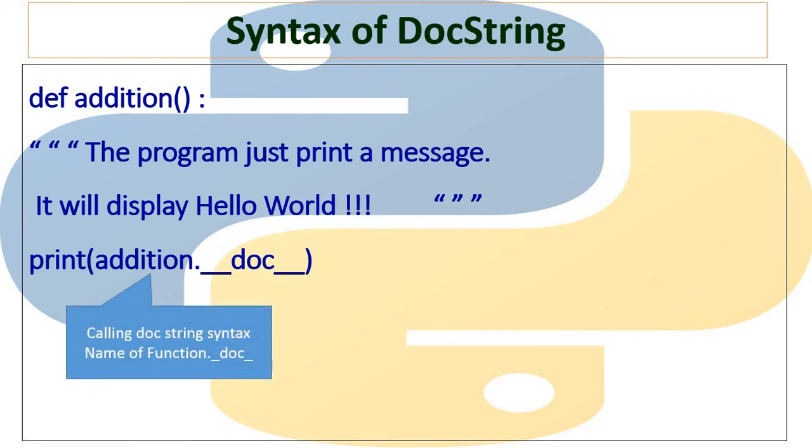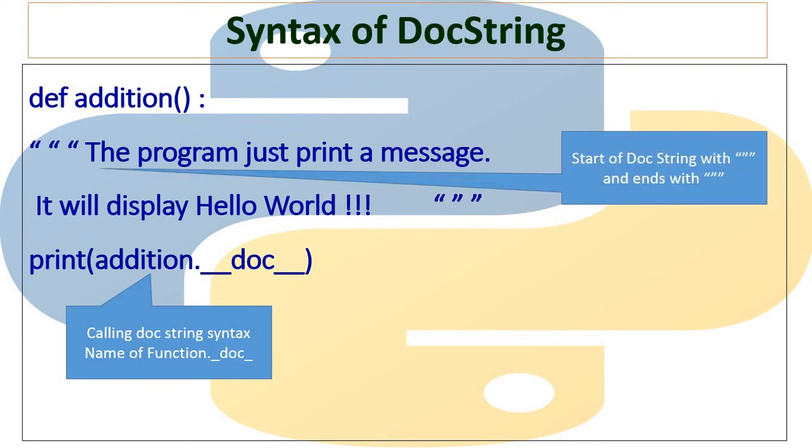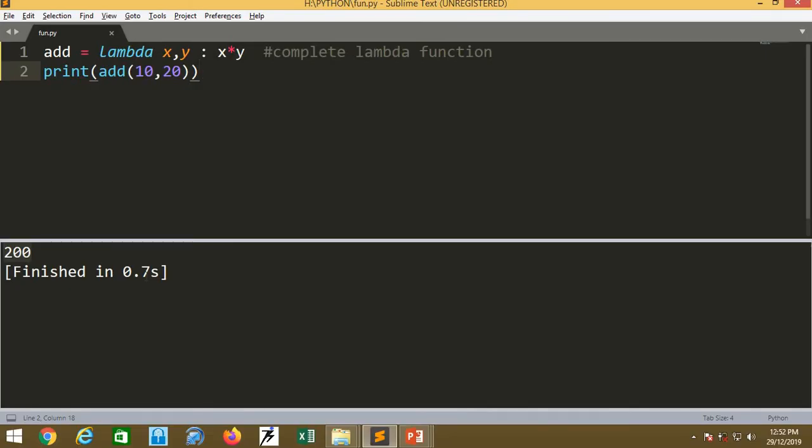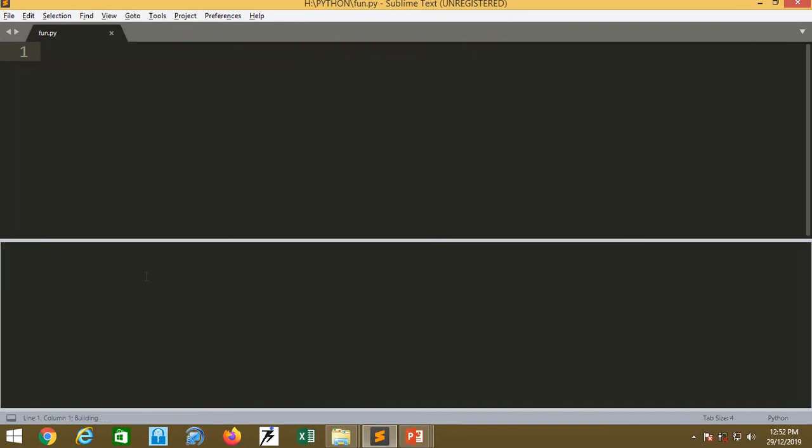Now see, this is the calling of DocString syntax: name of function dot, double underscore, doc, double underscore. A document string starts with 3 double quotes and ends with 3 double quotes. We'll see some examples of document strings. Now, to have an example of a document string, we need to define one function. So def addition. So this is my function, and a document string